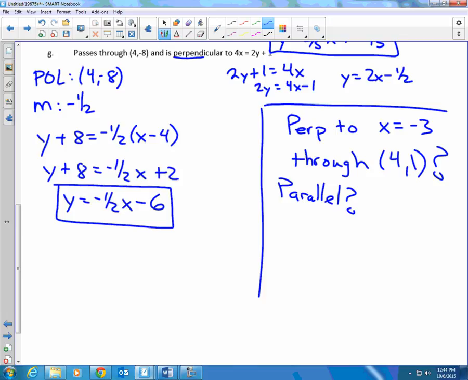Okay, then just some food for thought for the last part here. What about if we want a line that's perpendicular to x equals -3 that goes through (4, 1)? If it's perpendicular to x equals -3, what kind of line is x equals -3? That's a vertical line. So what kind of line will it have to be if it's perpendicular? Horizontal. So it will have an equation of